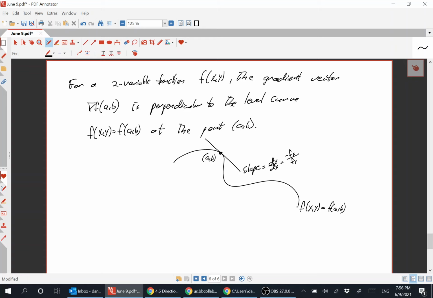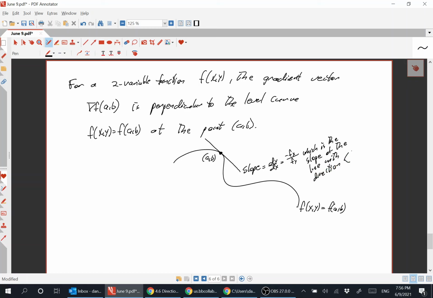Right, and this is the slope of the line with direction vector,